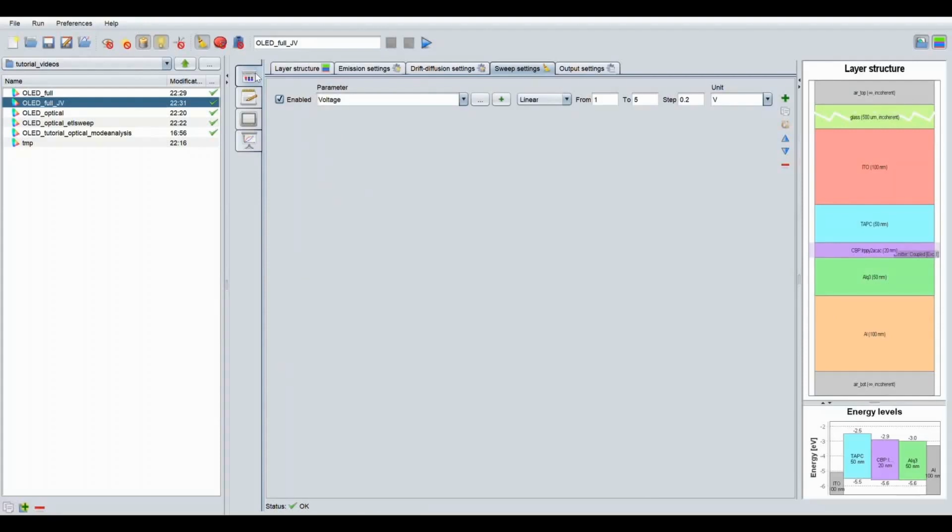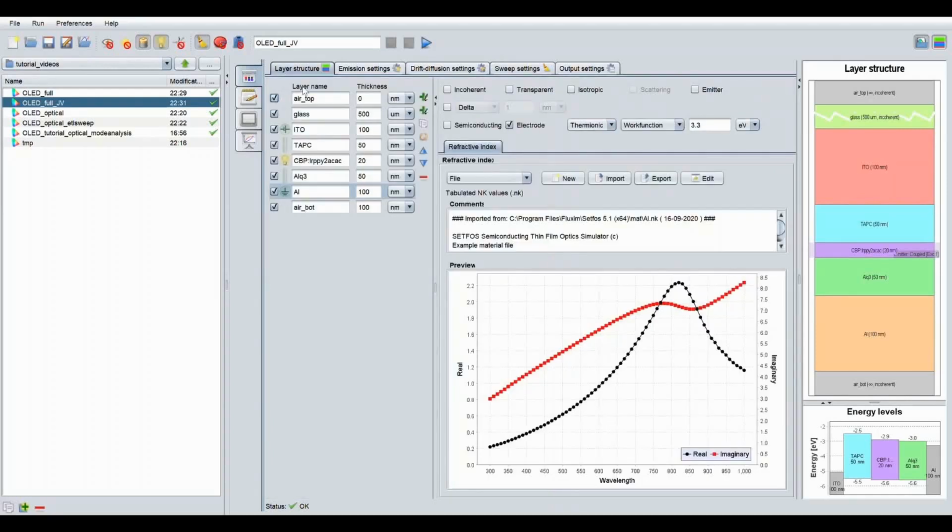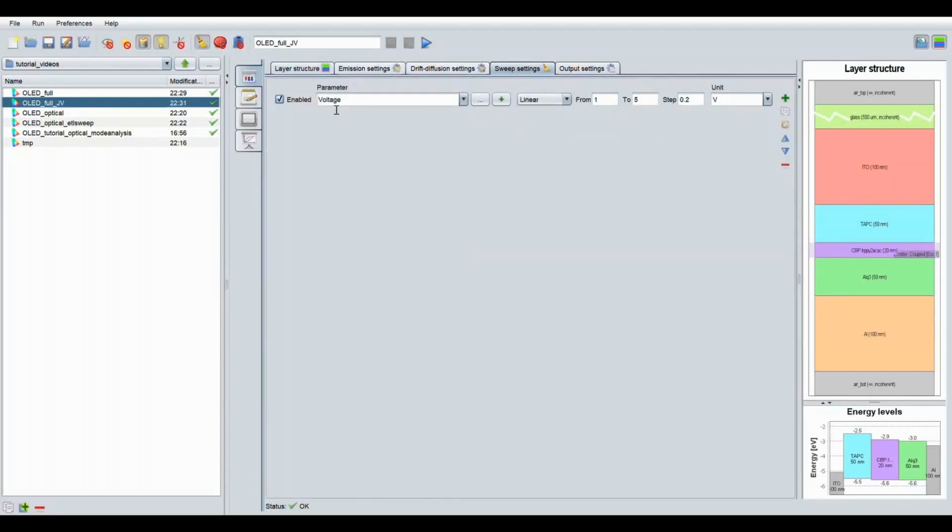We can also sweep different electrical parameters of the structure to which we now have access. So we can replace, for instance, this sweep over voltage by a sweep over the exciton properties.